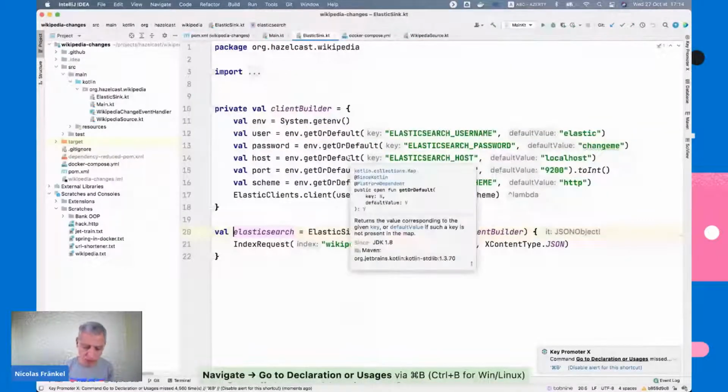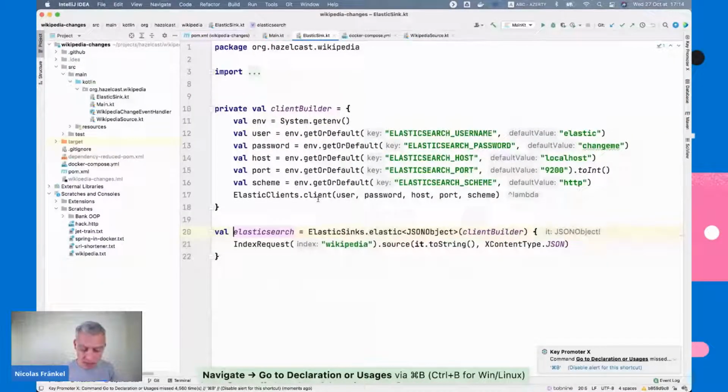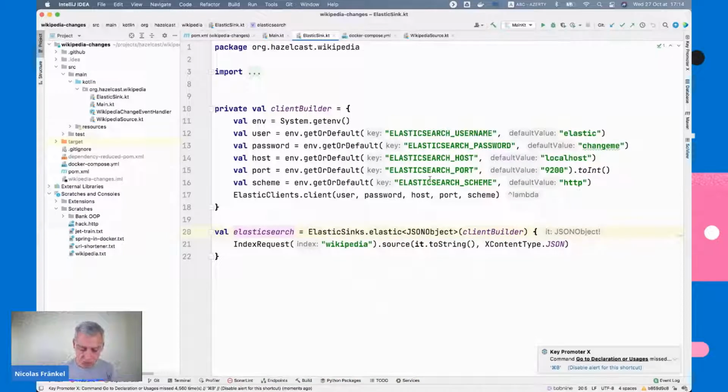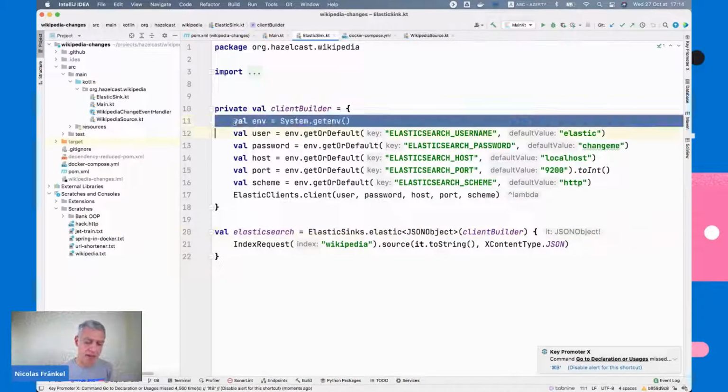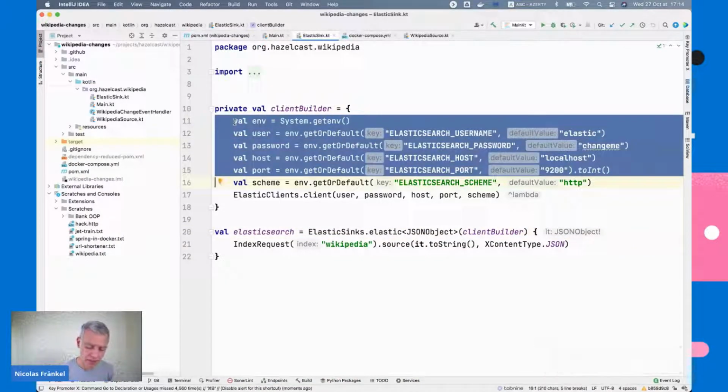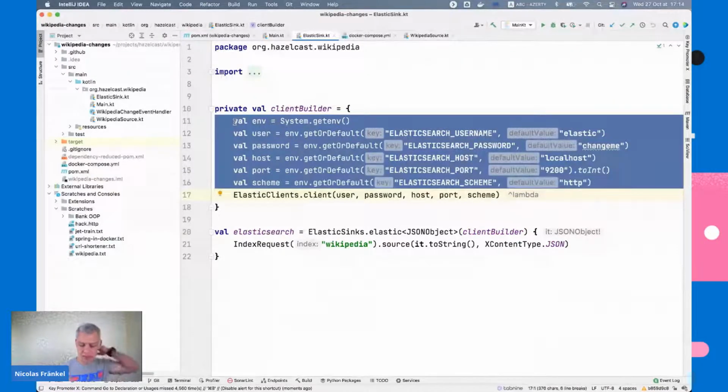For that we already have a primitive. You just need to pass some, like here I made a client builder, so I can override it, and depending whether I'm using Docker or Kubernetes or Elastic Cloud, I can pass those environment variables and it will dump the stuff.